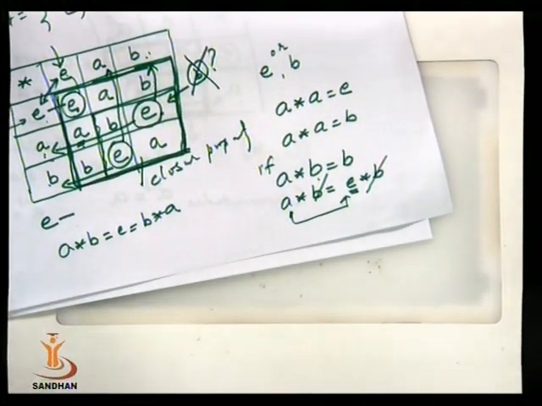So whenever we have 3 elements, one will be the identity element and the inverse of the identity element is the identity itself, and there remain two other elements A and B. In that case, B will be the inverse of A and A will be the inverse of B. So if we have a group with only 3 elements, there is only one possibility to form a group table for the group containing 3 elements. So here we got this one.